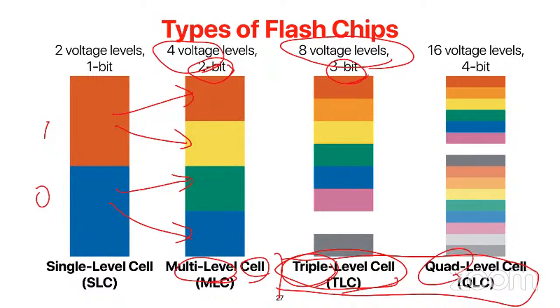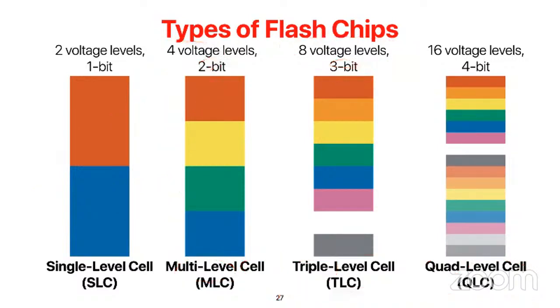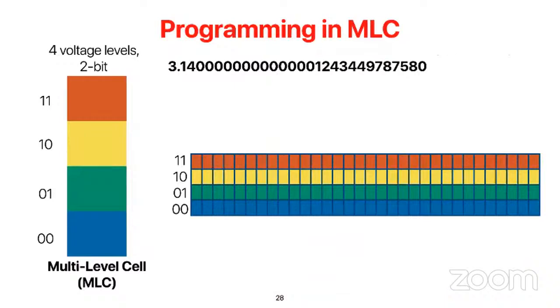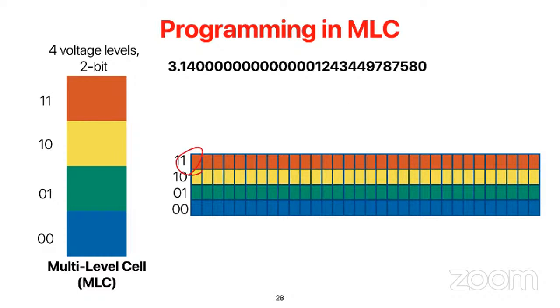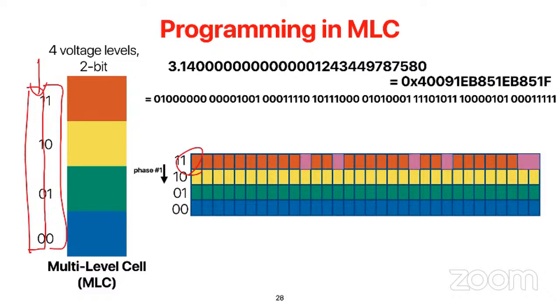However, if you are going to program your bit data into these bits serially, it is pretty slow. So what would happen nowadays is that when we are programming the MLC cells, instead of treating a single cell to store consecutive data, we actually separate the storage of 2 bytes in a way that we treat the high-level bits as 1 page, and the second part of the bits as a second page. So when you program, you are actually programming your data